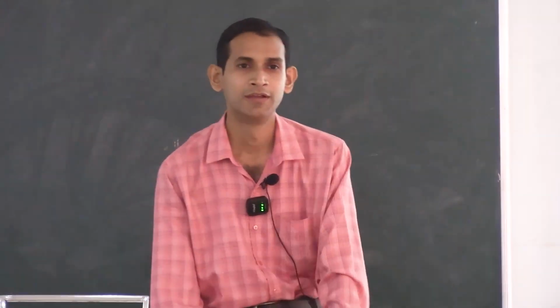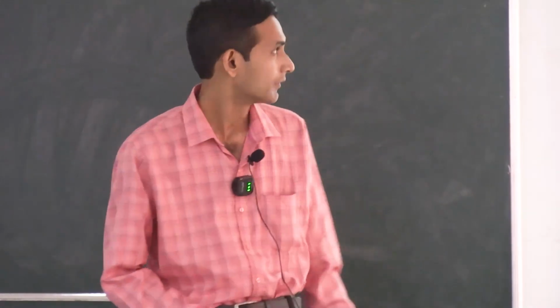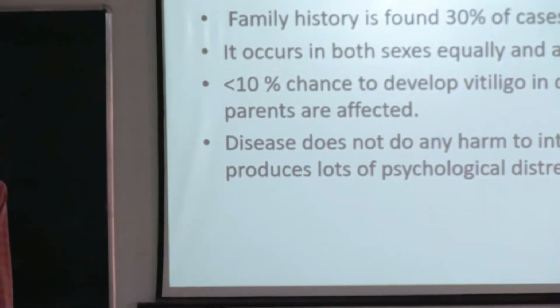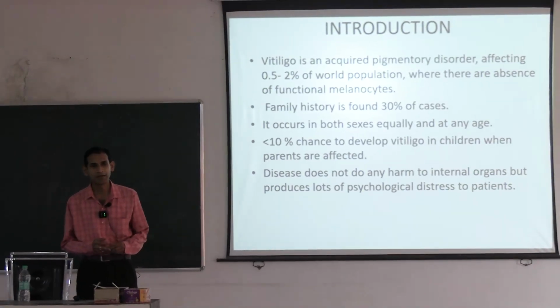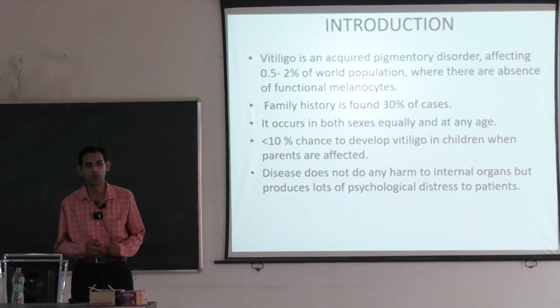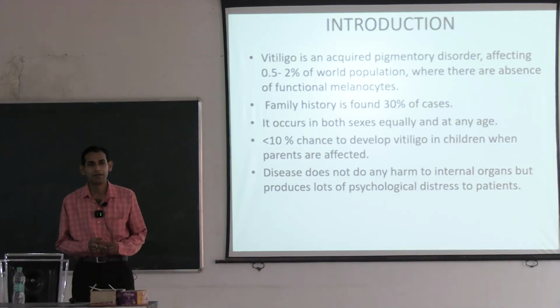So today's topic is vitiligo. Vitiligo মানে হচ্ছে তোমার সেতি রোগ, তোমরা জানো, ঠিক আছে? What is vitiligo? Vitiligo is an acquired pigmentary disorder affecting the 0.5 to 2% population worldwide, in which there is